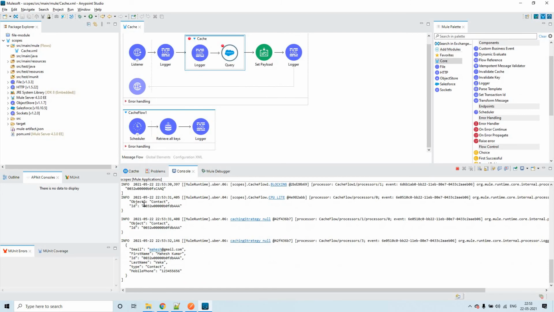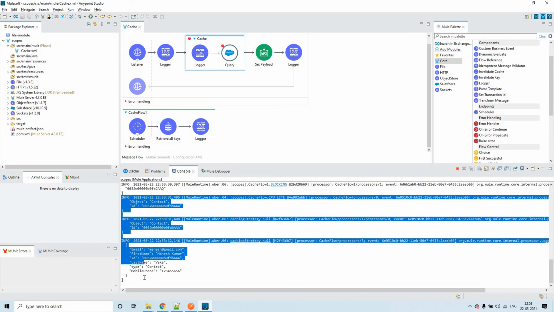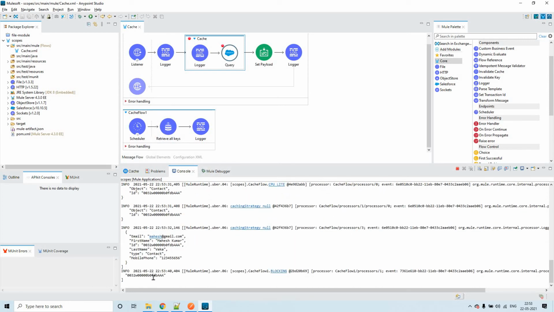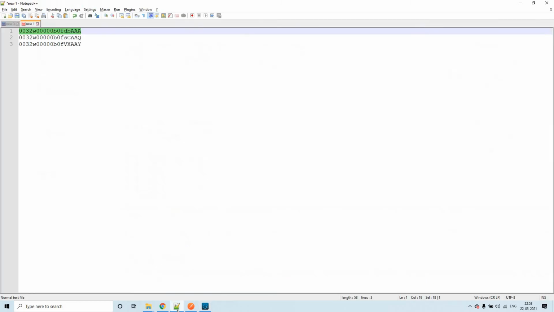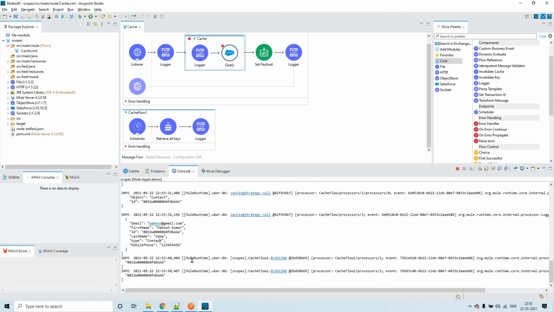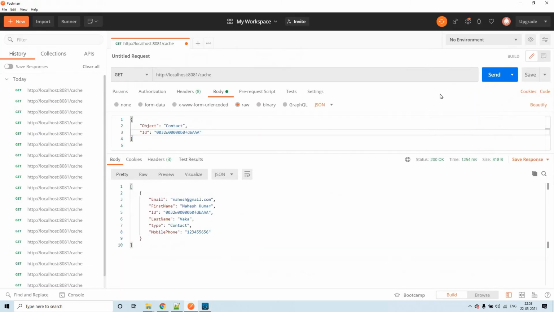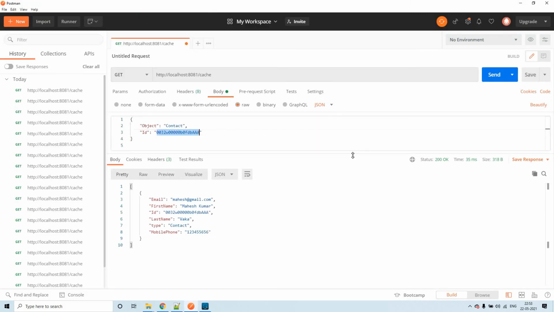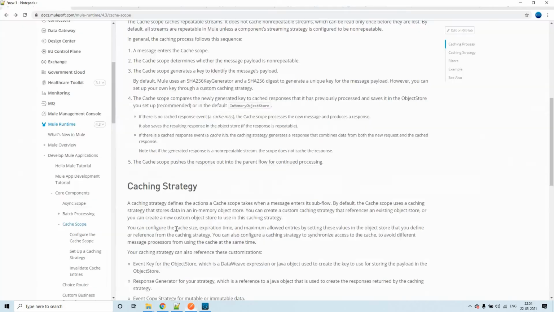Now what happens again, it's a new request, so that's why it queried the Salesforce once again, and in this retrieve all keys we'll see 2 keys actually. One moment, it seems like that 60 seconds got completed. Let me use this copy. I'm using the other key, Control V, click on send.